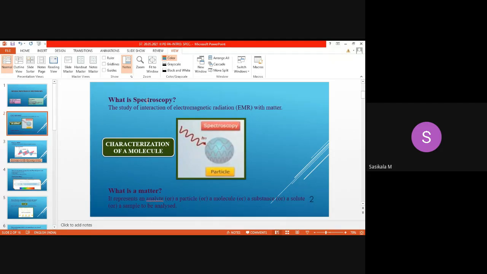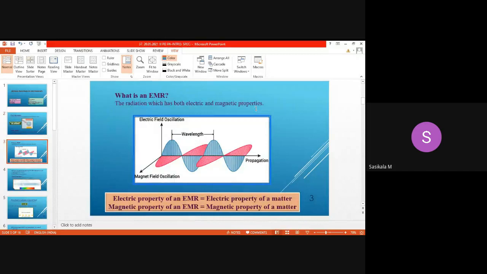For that case, only half of the part we have discussed. Only separation we have discussed till now. Now let's move on to the characterization of a molecule by means of different spectroscopic methods. What are the important parts for separation in chromatography? Stationary phase and mobile phase. Likewise, what is the important part in spectroscopy? Electromagnetic radiation. Radiation means it's not just a radiation, it is electromagnetic radiation, which may be called EMR. So this is spectroscopy and its overall application.